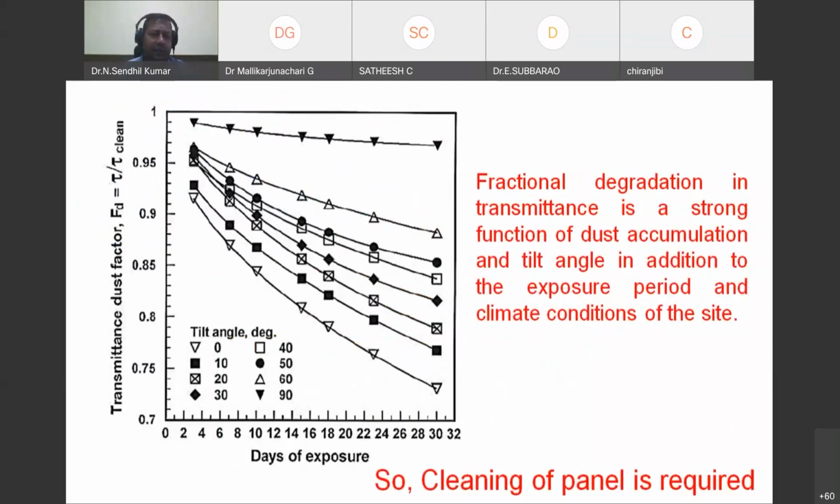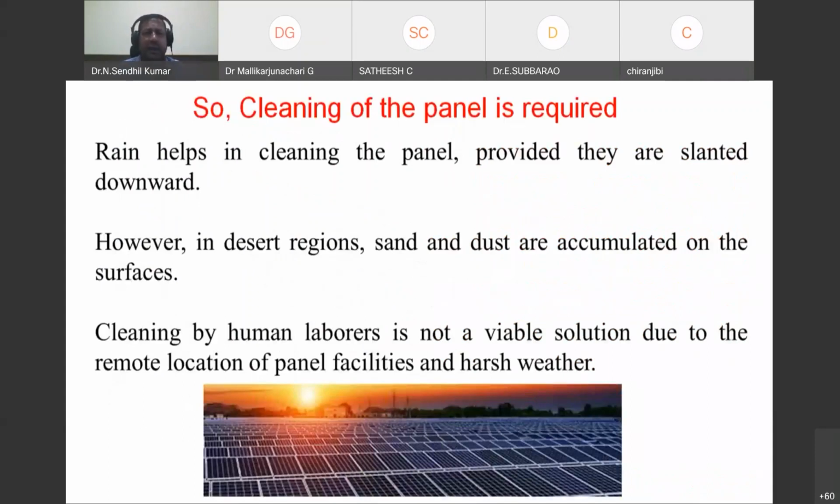If it is not cleaned properly, the transmittance will be reduced when it is exposed for more number of days. So that means cleaning of the panel is a must. So how are we going to do this cleaning? Sometimes rain will help us to clean the panel, but you cannot always expect the rain, and in desert regions sand accumulation will be more,